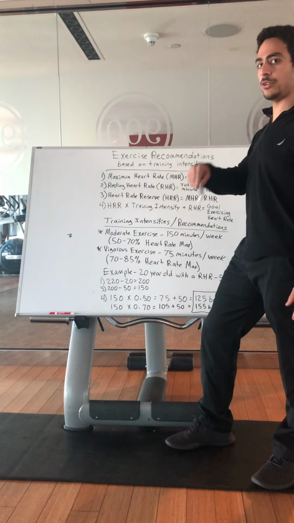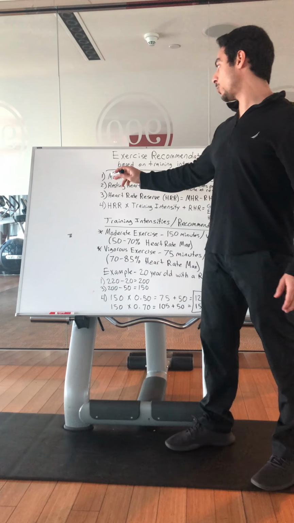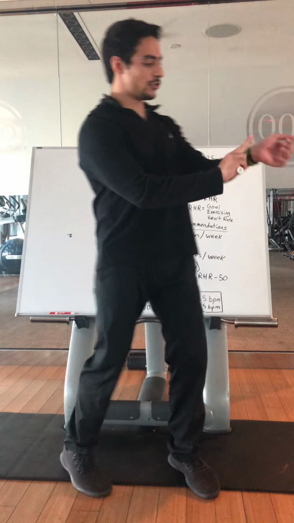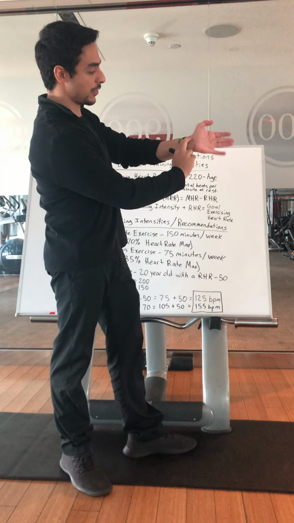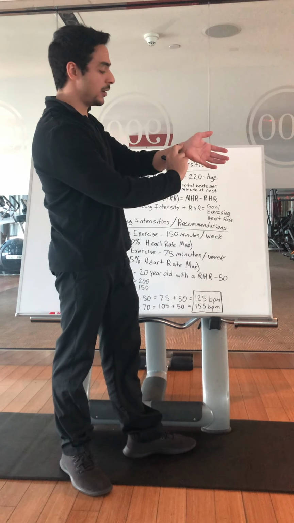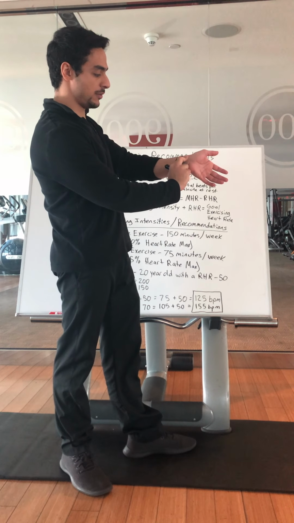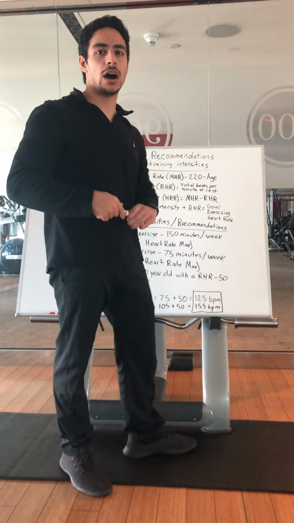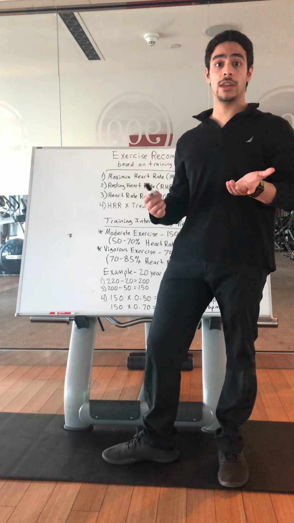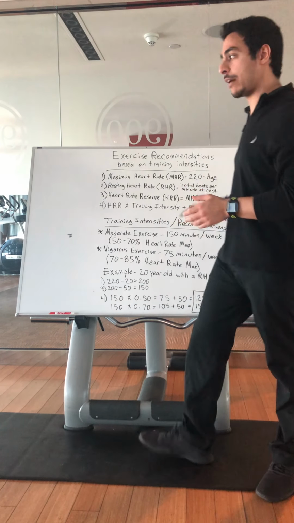I'll take a picture of this too and put it up, but you want to then figure out what your resting heart rate is, which you would just take your two fingers, place it thumb side, hold for 15 seconds, count how many times your heart beats, and then just multiply that by 4. I actually had a post a couple weeks ago, so if you did it then you already have this number